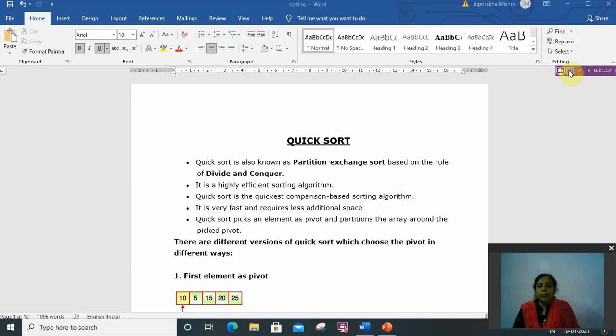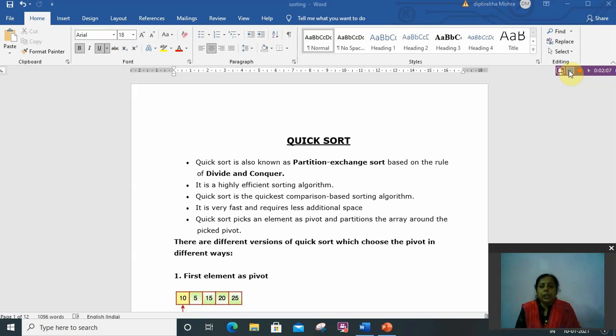First of all it places the pivot element in its proper place and divides the array into left and right of the pivot element. Again the sub-arrays are sorted through a pivot element. Okay, so this way it partitions the array into sub-arrays and sorts them, and lastly it merges all the elements.